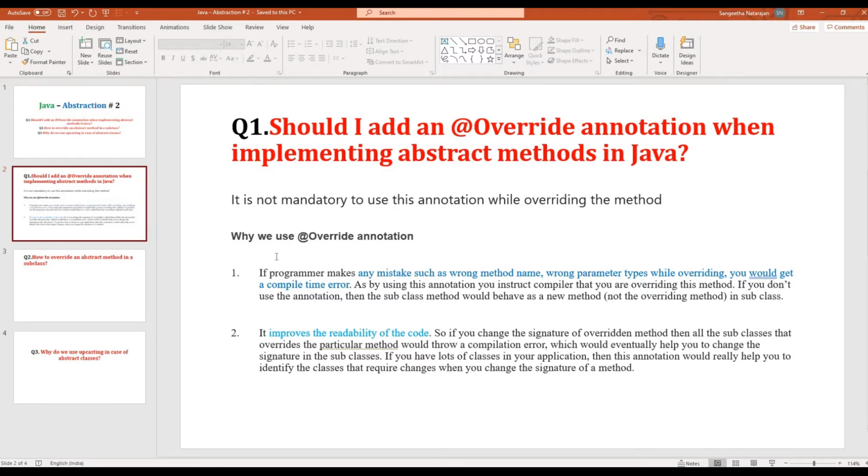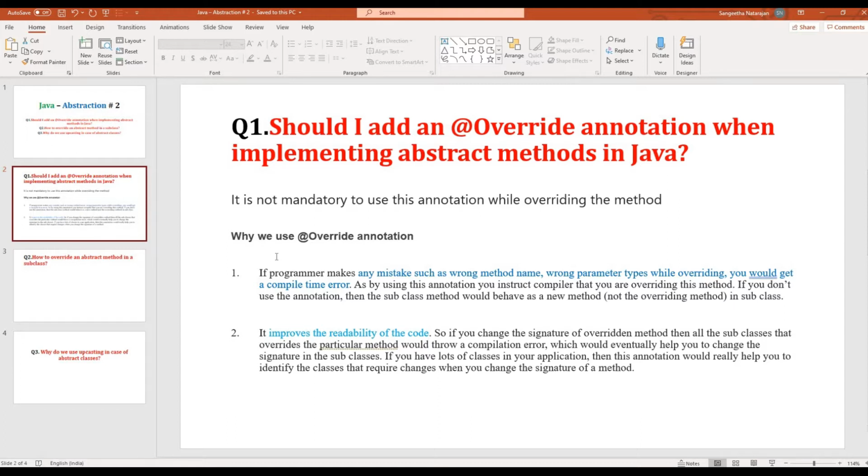If we are using an override annotation, it will tell you this is the wrong method name, this is not an abstract method, you have wrongly given the method name. If you want to achieve override, please give the correct method name. Like that, the override annotation will correct you. So this is the way we use the override annotation. Otherwise, you need not use this annotation inside the subclass when implementing an abstract method.